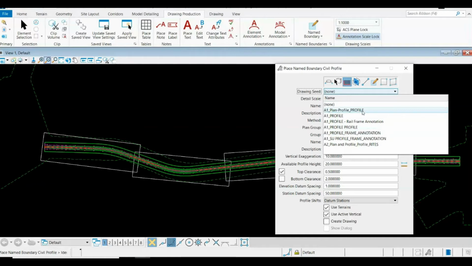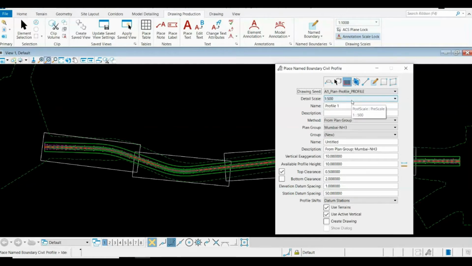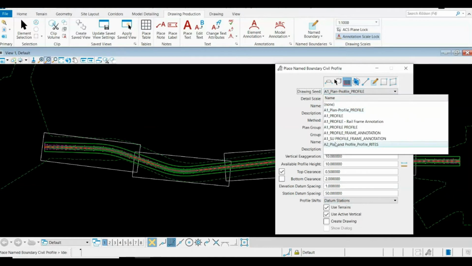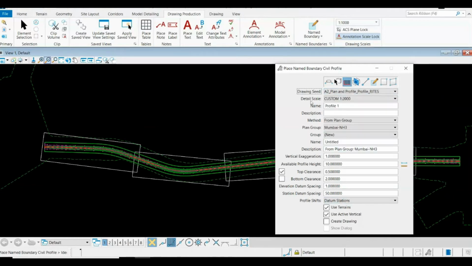If I select this, notice that the detail scale is 1 to 500 and the rest of the parameters. Let me select the drawing seed as A2 plan and profile, and the detail scale changes to 1 to 2000, which we found is always the best to display your plan and profile within the A2 sheet.